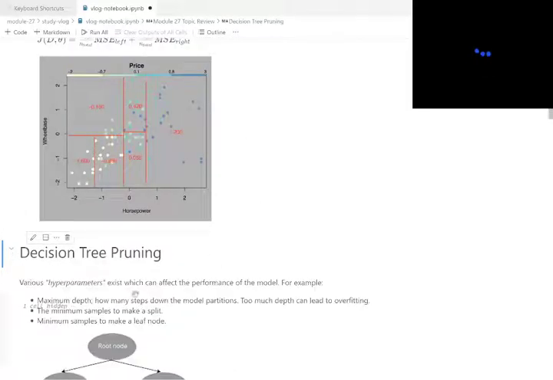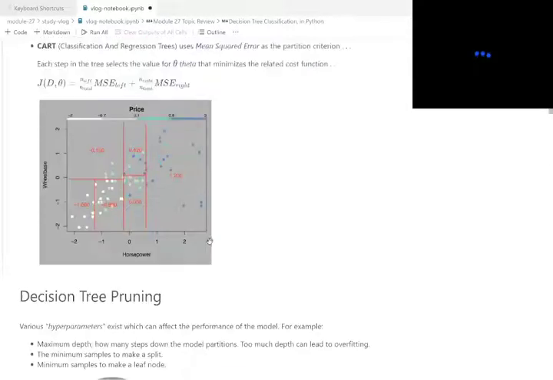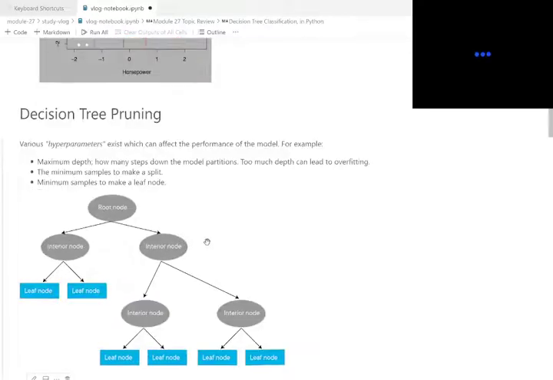So regardless of whether you're doing decision trees or regression trees, there are different ways that you can tune these models, just like you can with all the models that we've seen before. We've talked a little bit about hyperparameter tuning with,